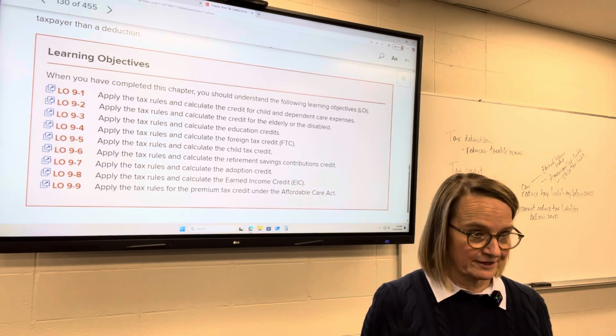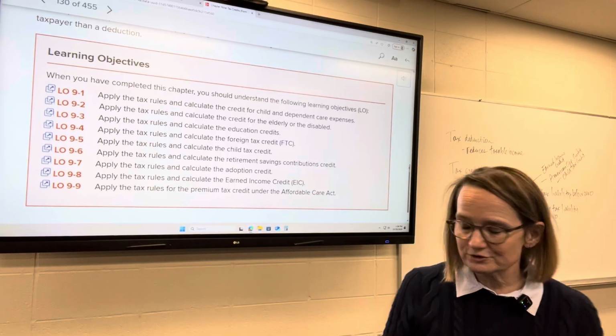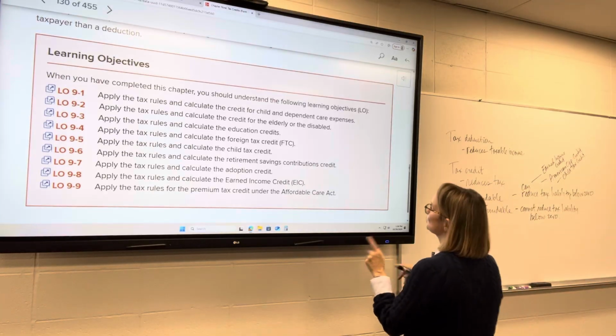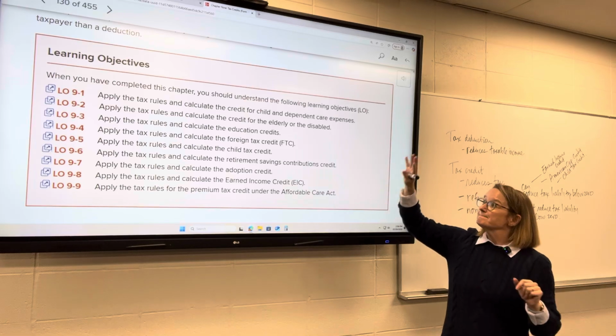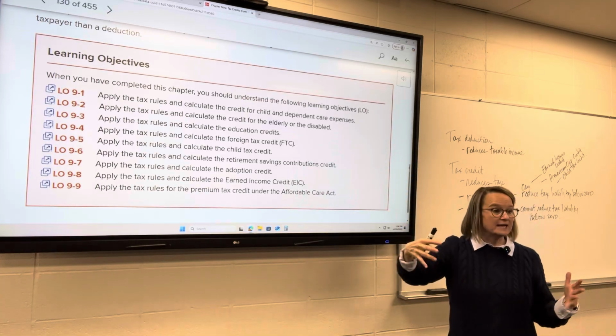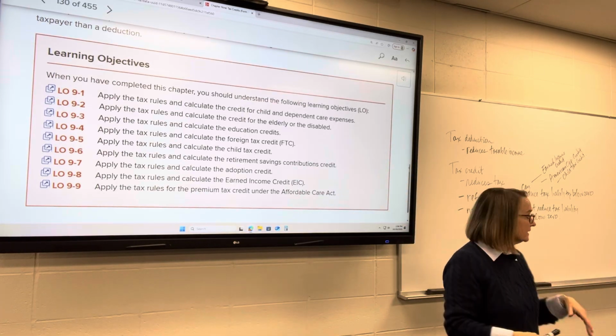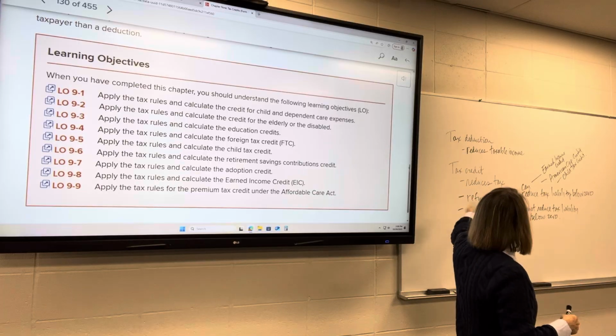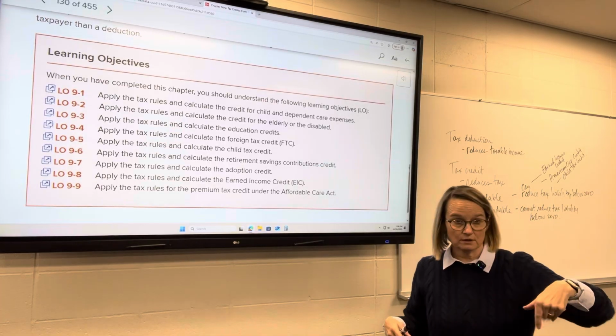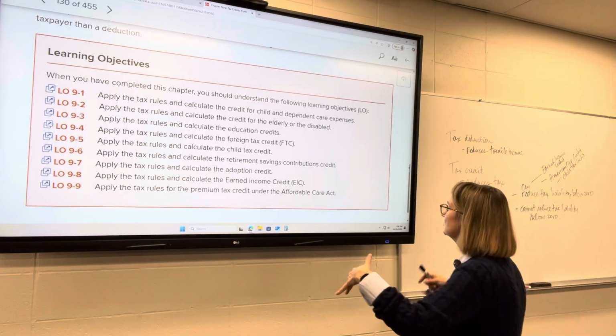There are a lot of words qualifying in there, so we have to determine what exactly qualifies. But the amount that's paid can result in a partial non-refundable tax credit to those who are